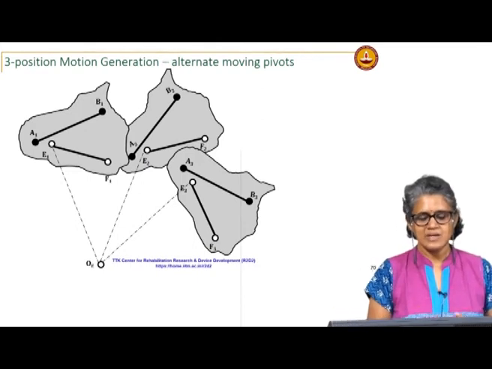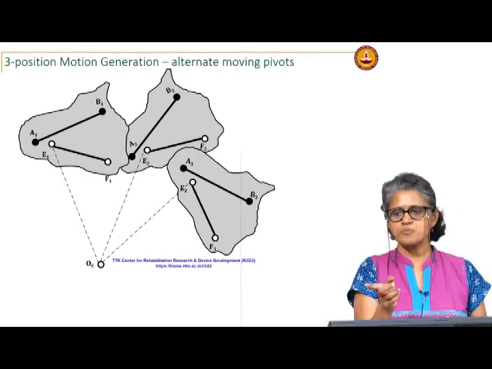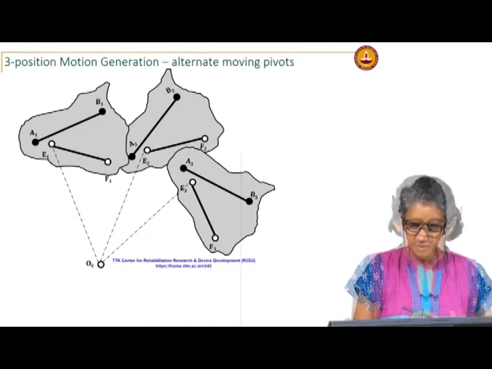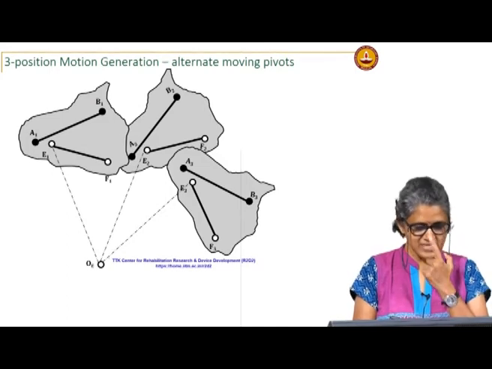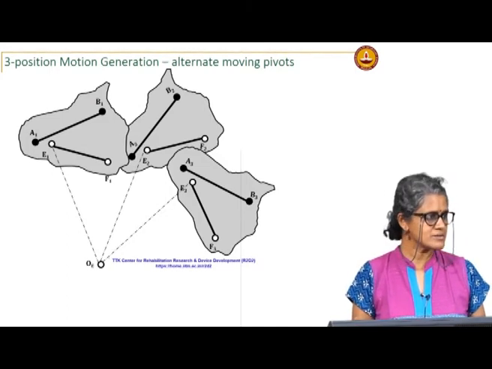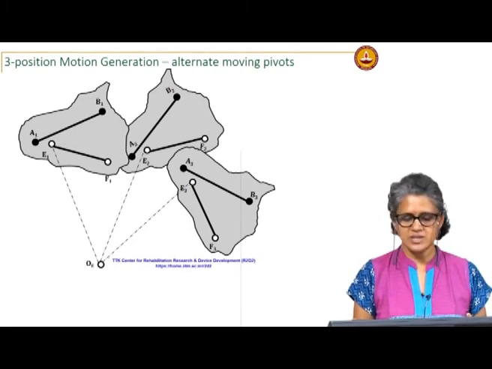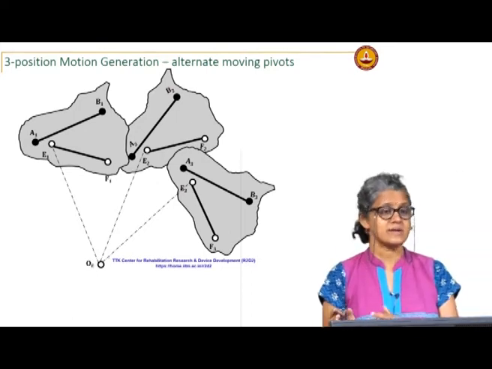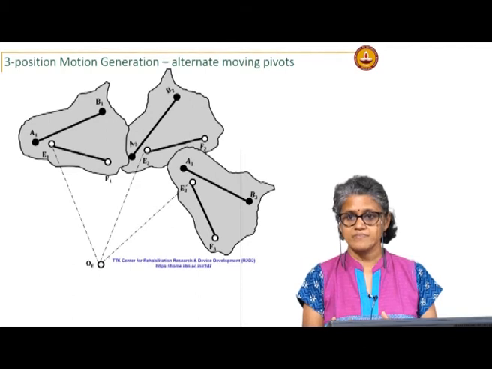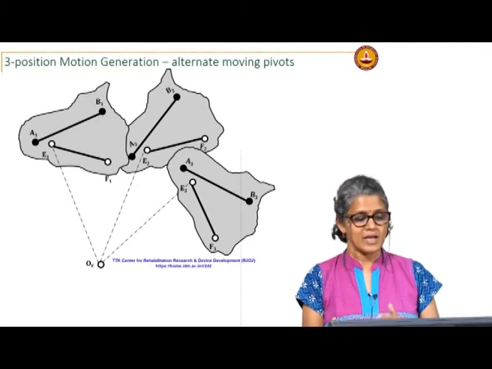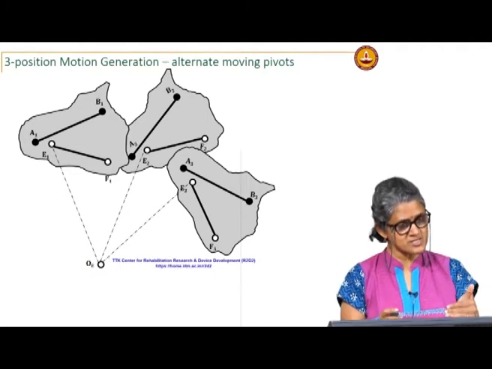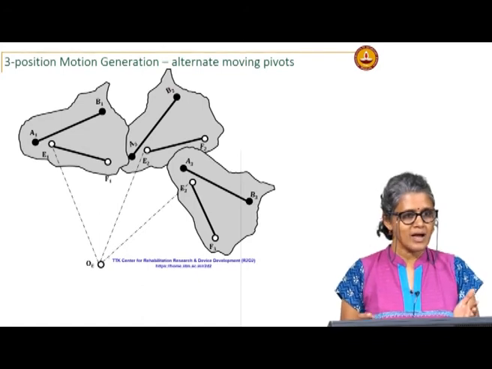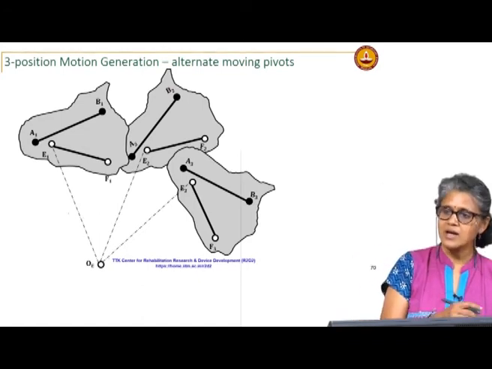But intuitively it is very easy to understand. Those 3 points lie in a circle, and these are the choices that you have. So, this is the case where you can choose alternate moving pivots or alternate circle points for this synthesis. If I wanted to limit it to these positions, what do I do? And if I ensure that it is moving in the right order 1 to 2 to 3, then I can just connect a driver dyad.